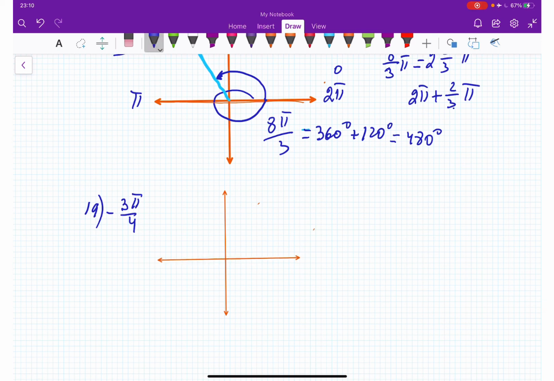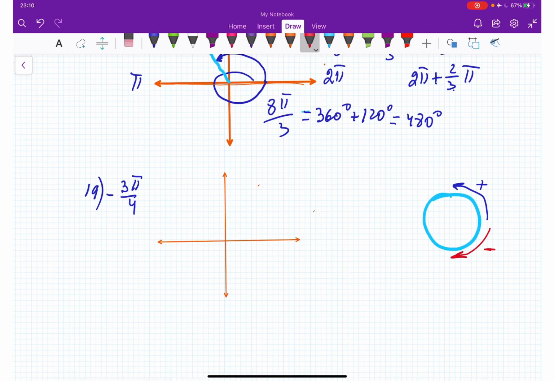The thing is, if this is our circle, counterclockwise we count positive angles, and clockwise, those are negative angles. So negative 3/4 of pi, that means I have to go this way, right? Negative 3/4, I have to divide the pi itself by 4 parts, which is going to be